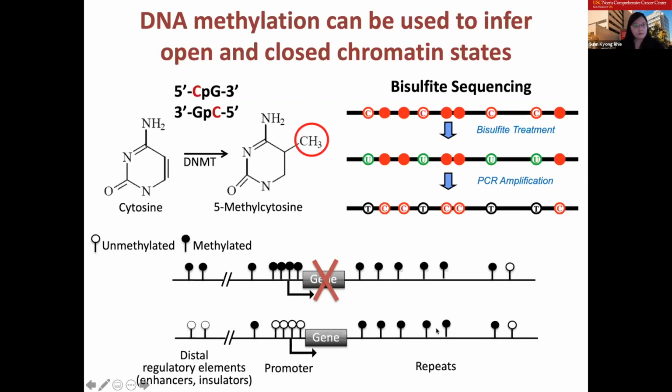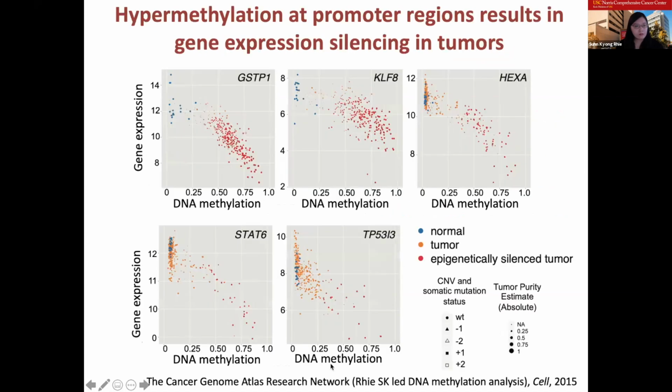We were able to confirm these changes between normal and tumor using TCGA data here. In this scatter plot, each dot indicates a sample. The normal samples are colored blue, and tumor samples are colored reddish. As you can see, this is near the GSTP1 promoter region. For tumor cases, they have high DNA methylation levels, and they have relatively lower gene expression of GSTP1 compared